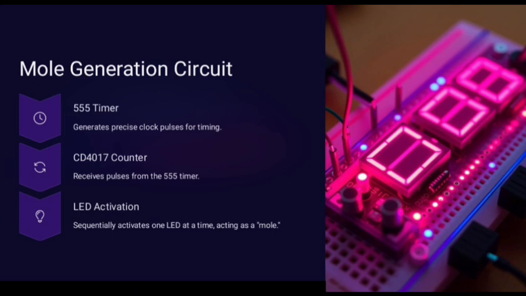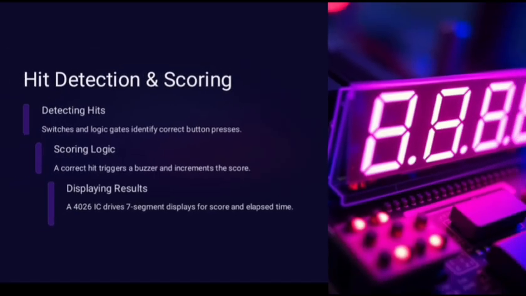This design ensures only one mole is active at any given time, making it easier to check for a correct player response. To register a successful hit, each LED is paired with a corresponding push button. When a player presses a button, it is compared using logic gates to the active LED. If both match, an AND gate outputs a high signal. We have also used NOT gates to prevent multiple inputs or incorrect detections, ensuring only the correct LED switch pair